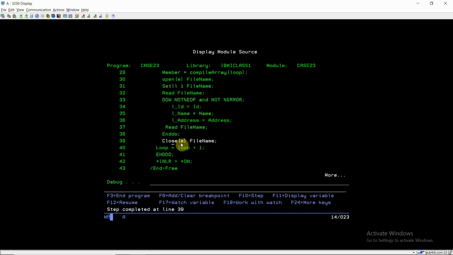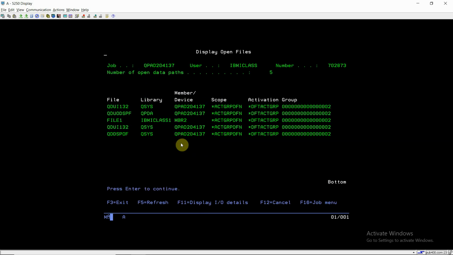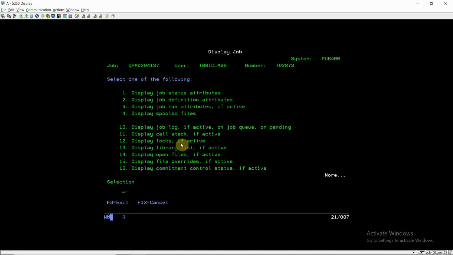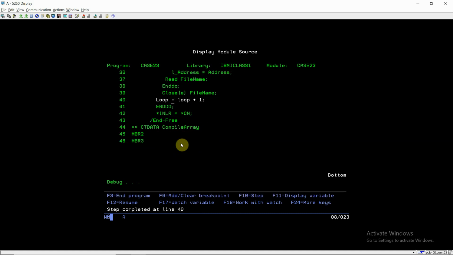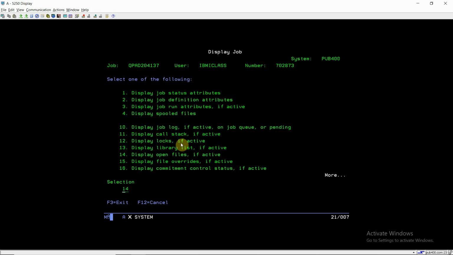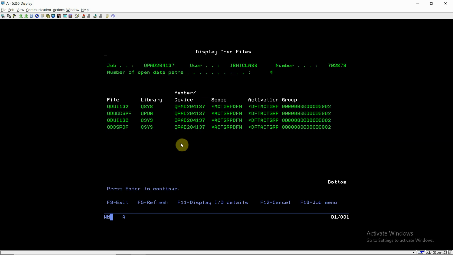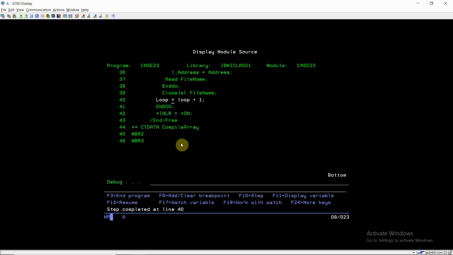And if I look at escape 3, currently the file is open, or you can say member 2 of file 1 is opened. Now this member will get closed. Shift escape 3 to 14, I can see that the member or file is closed now. So the loop value will become 2 now. If I specify 3 members, and there are 5 members in that file, then I'm going to read those 3 members. So this has now become a dynamic program for us.